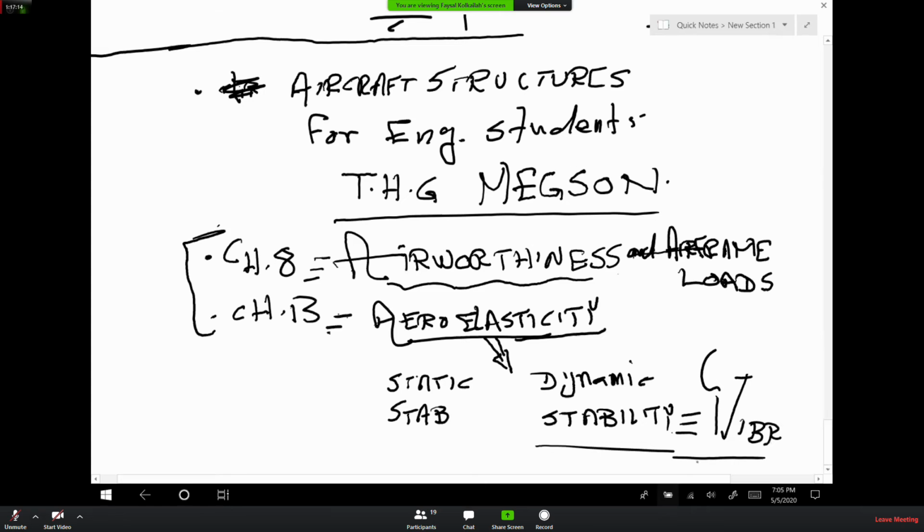So we're going to start talking about vibration really as a branch of aeroelasticity, whereas aeroelasticity is kind of a branch of airworthiness. So we're going to talk about airworthiness first, then aeroelasticity, and that will take us to vibration,